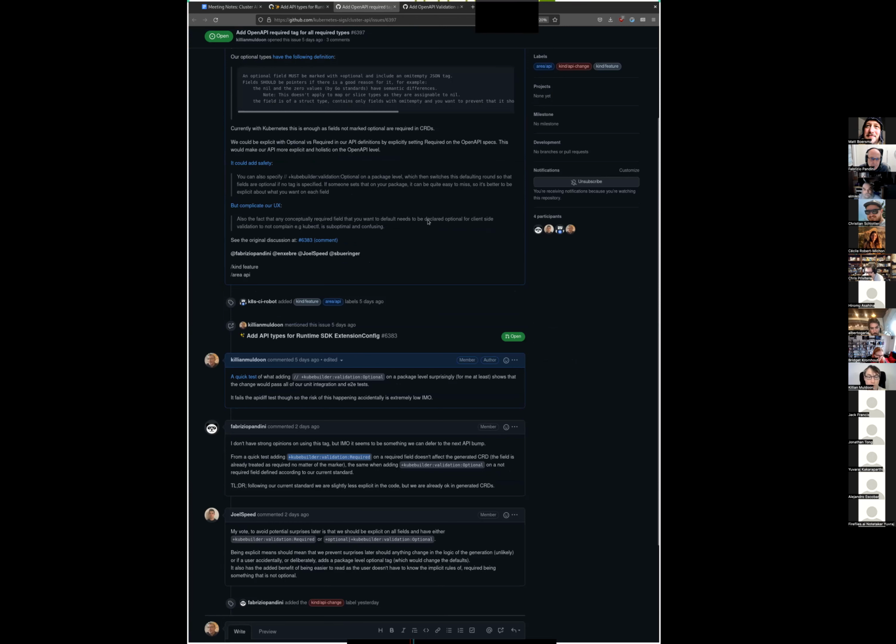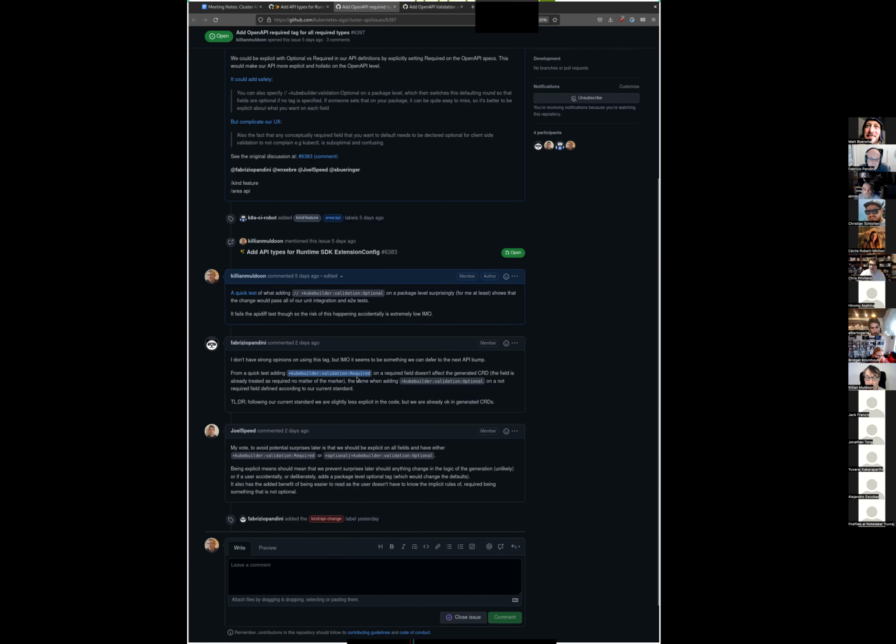The idea here is that we would add this specific required tag into our API types. And this would actually have no effect on our OpenAPI spec. It would only have an impact on users being able to look at it and see whether or not the field was required. There's also an edge case where an entire package could be set to optional by default because of the way OpenAPI or KubeBuilder work. I don't think that's a major issue, but it's still nice to have. So I think the issue here is this is kind of an API change.